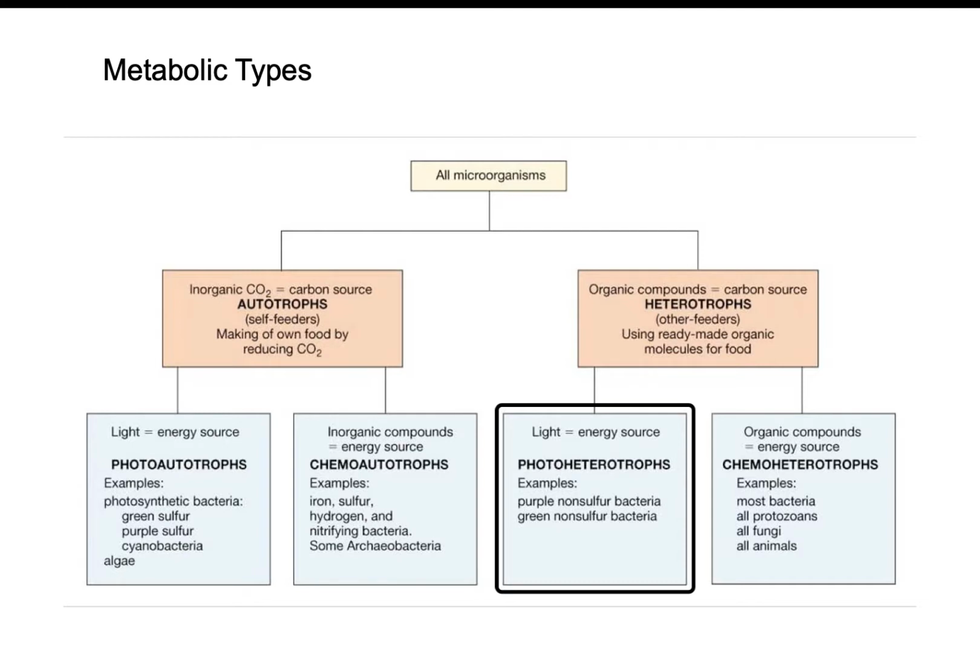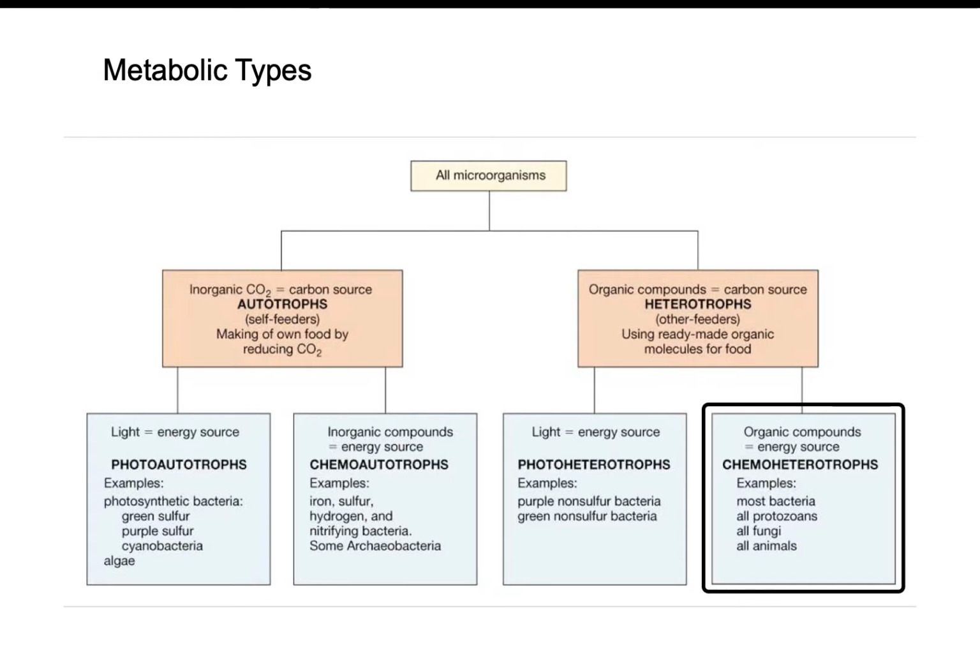So these are purple non-sulfur bacteria and green non-sulfur bacteria. And then there are chemoheterotrophs like us, which use organic compounds for their energy sources. So these are most bacteria, the protozoans, fungi, and animals. Because of these major differences in metabolism, you might expect that their genomes would be very different. And they do have some differences, although there are unifying reactions also, and unifying parts of the genome that all